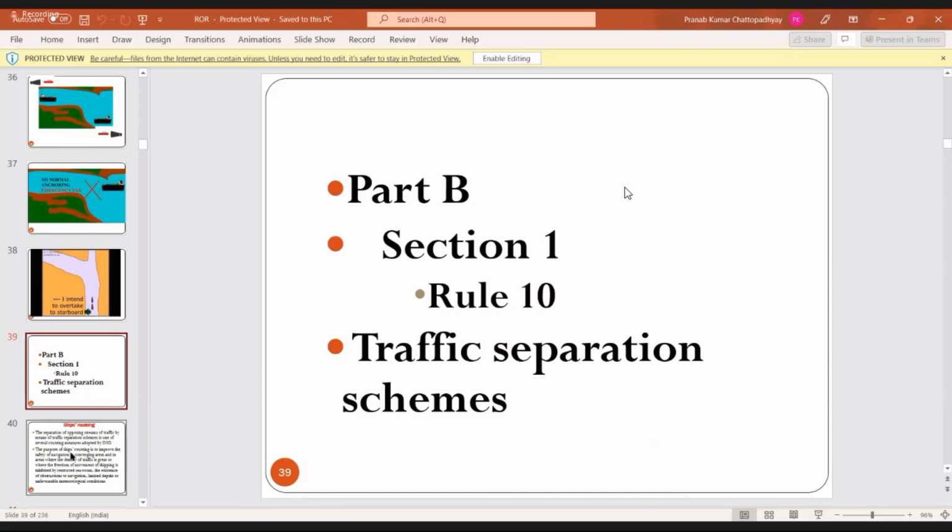Number 10, TSS. We have talked about, we have learned about the routeing system. So this traffic separation scheme is a routeing measure, and this is